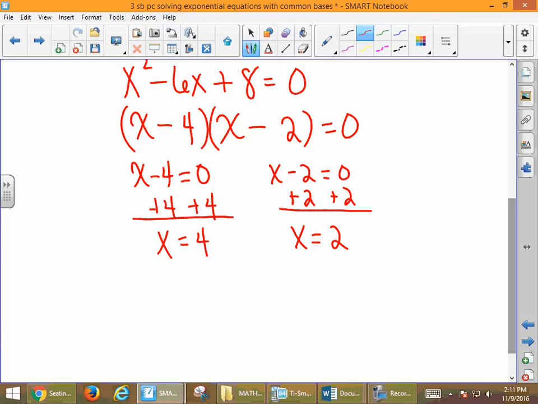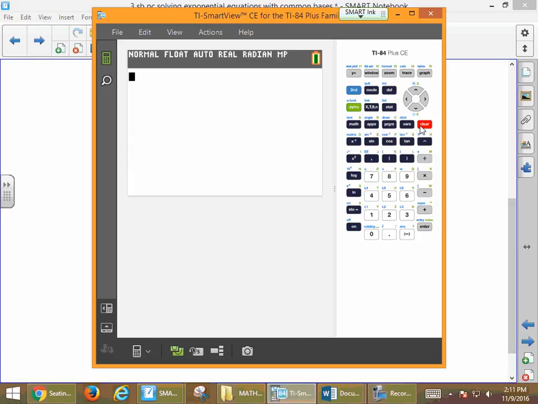One thing to point out here is if you verify your solutions by plugging the values back into the original equation, we need to put 4 back into the original equation and check our answer. And then we need to put 2 back into the original equation and check the answer. So in other words, if we go back in here and we put this in, it's going to be 5